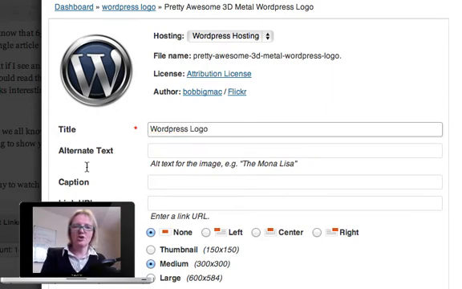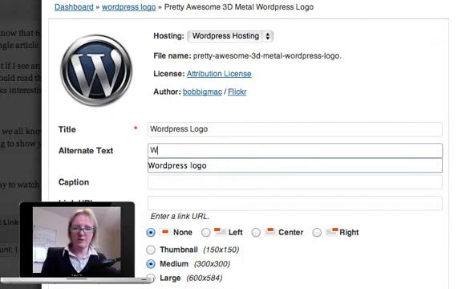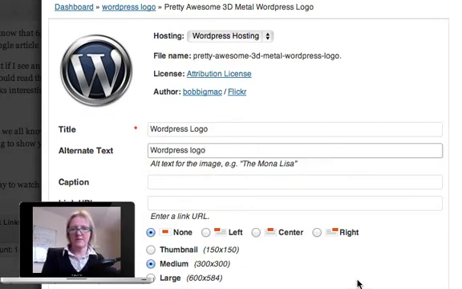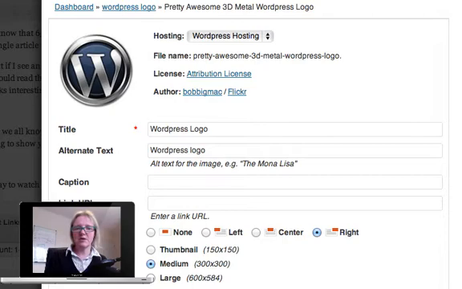logo. Remember to add your alt text so Google picks up on it. So WordPress logo, there you go, and we're going to center that to the right. Now the thing about using this particular plugin is that you can't make it smaller or bigger. So here is the way you have to save it. You can click on medium and we're going to insert into the post, and that is the size that